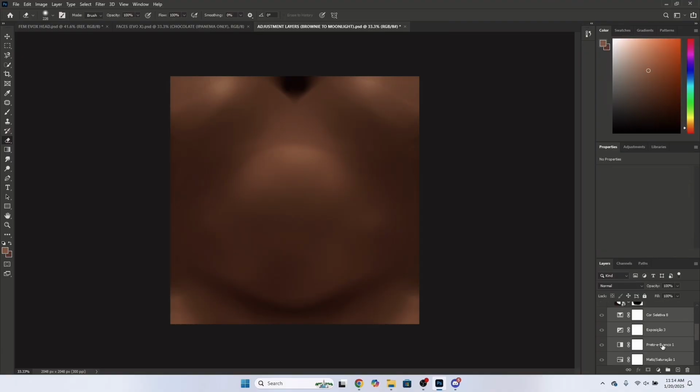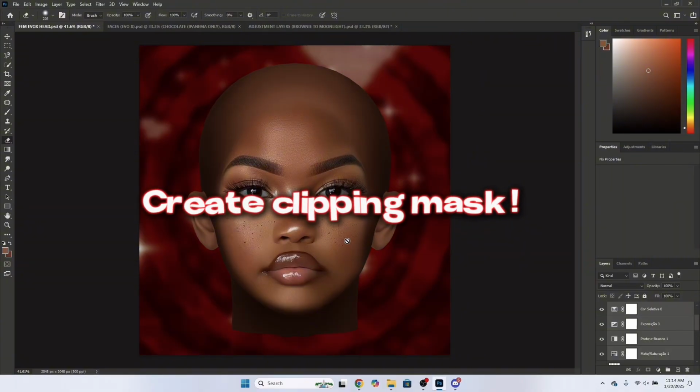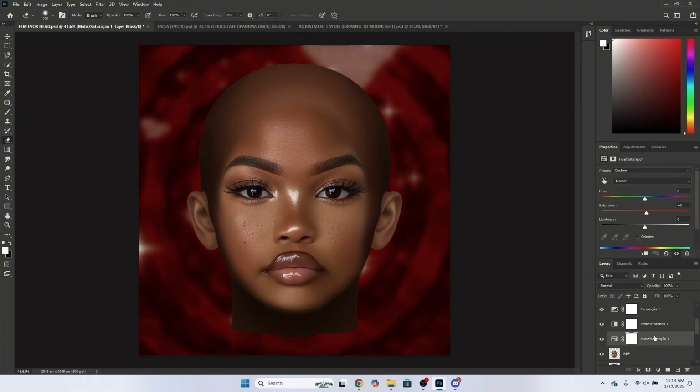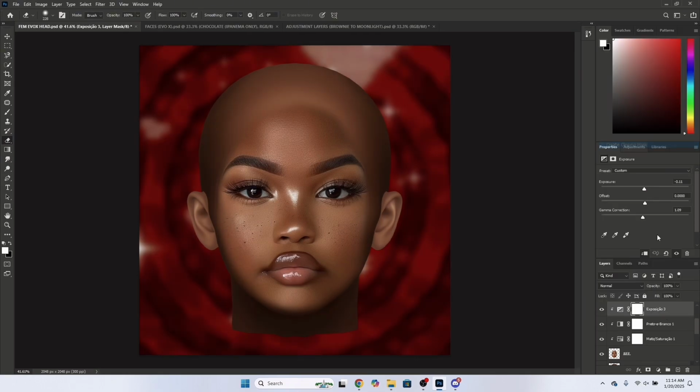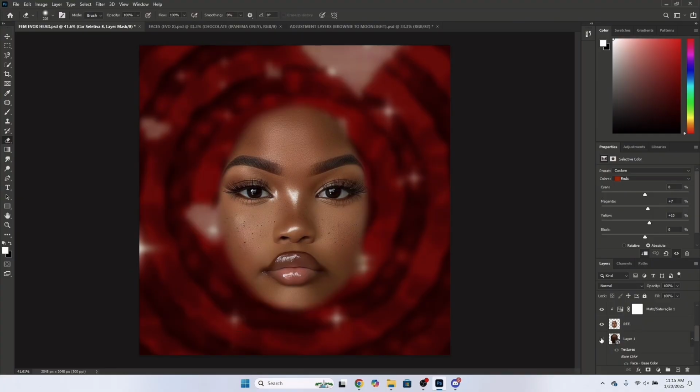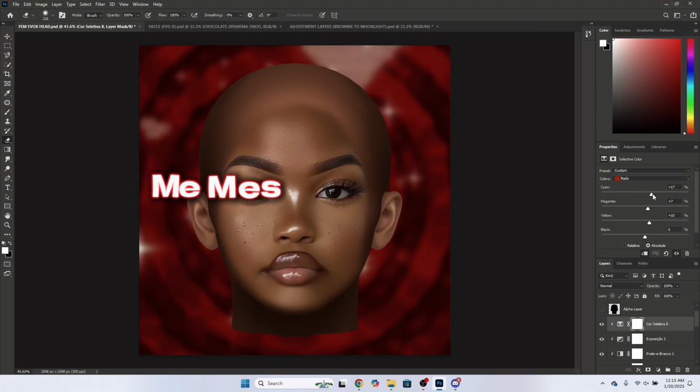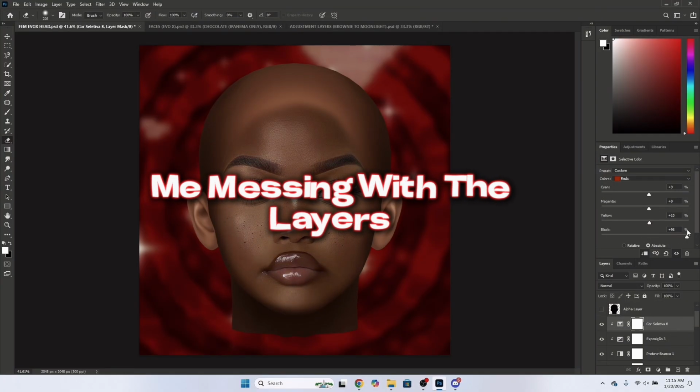And then I Control C'd and went back to the 3D head and pasted it above the ref for a clipping mask. I was a little late on that, but you want to put a clipping mask on every single last one of them. Now once you do a clipping mask, you're gonna get ready to just mess with the layers, trying to